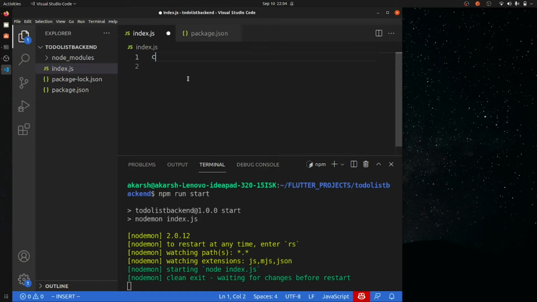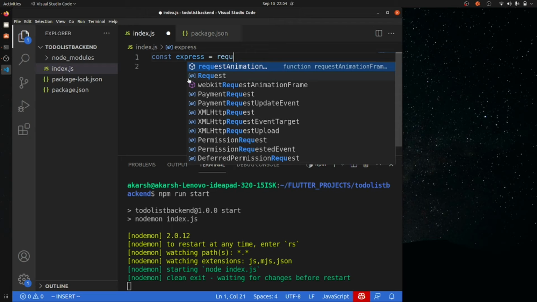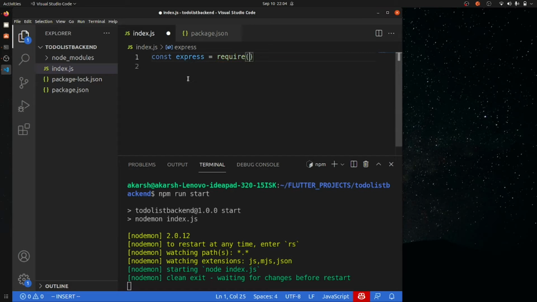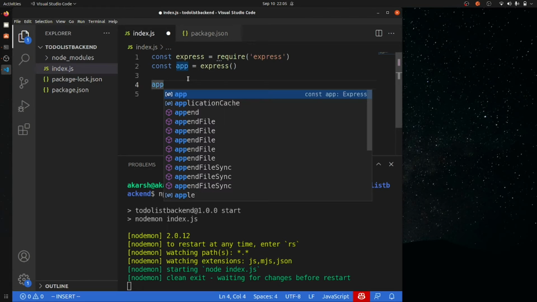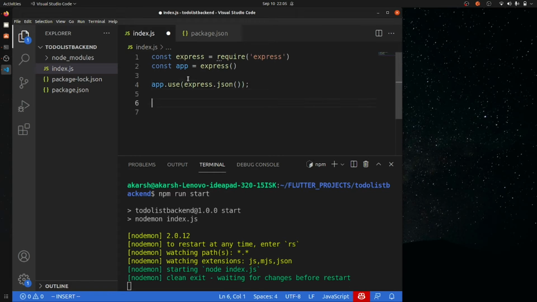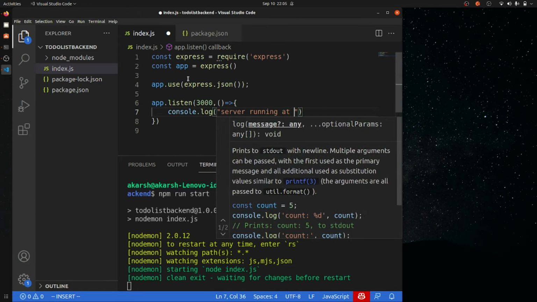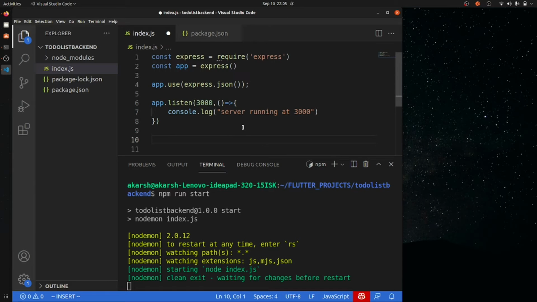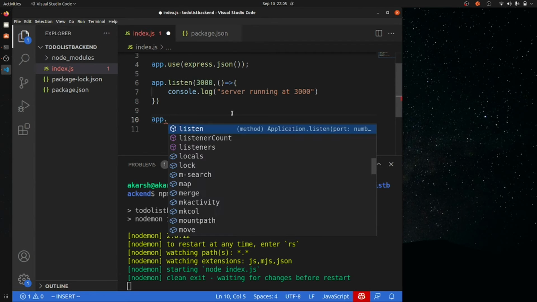I will come here, I will import const express is equal to require express, and const app is equal to express. app.use express.json, and now app.listen 3000, console.log server running at 3000. Okay, now basically I will be doing app.get